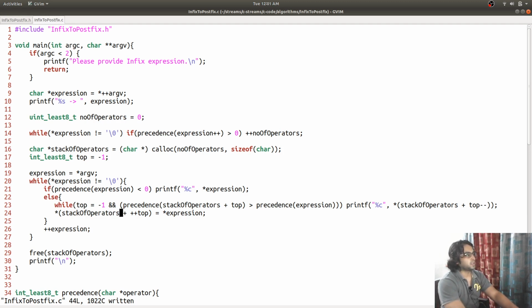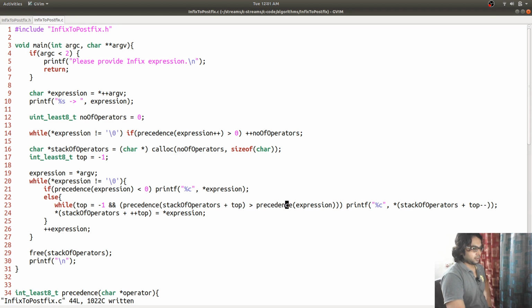So, stack of operators plus, I don't think there is any issue over here.